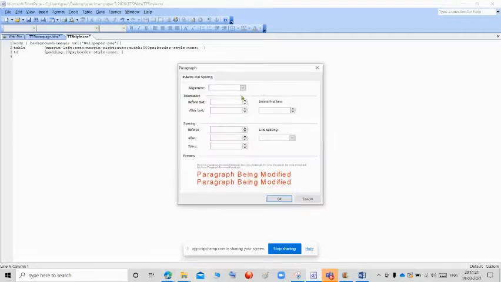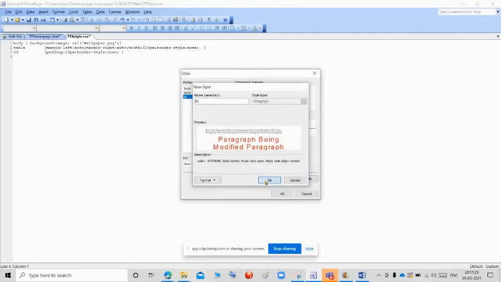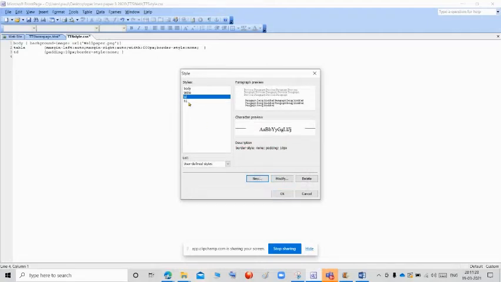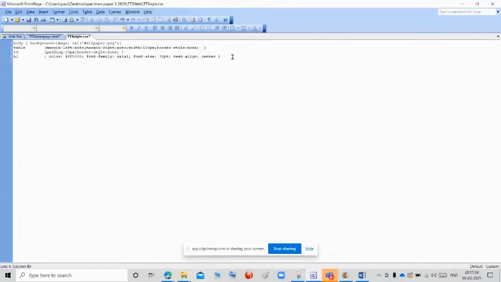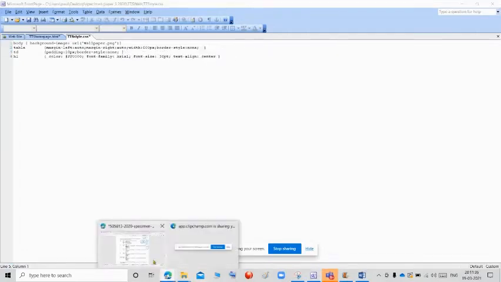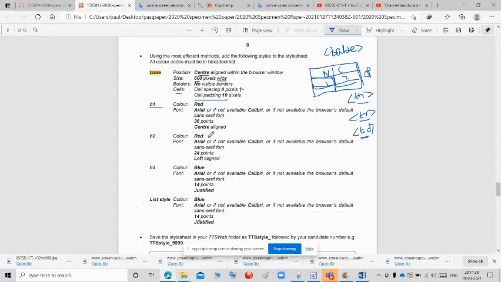Go to paragraph and give the alignment center. Click OK. Click OK and click. Select the H1 and click. So now we get the file. H1 file. So the next in the question paper they are asking H2, the same like red Arial 24 points